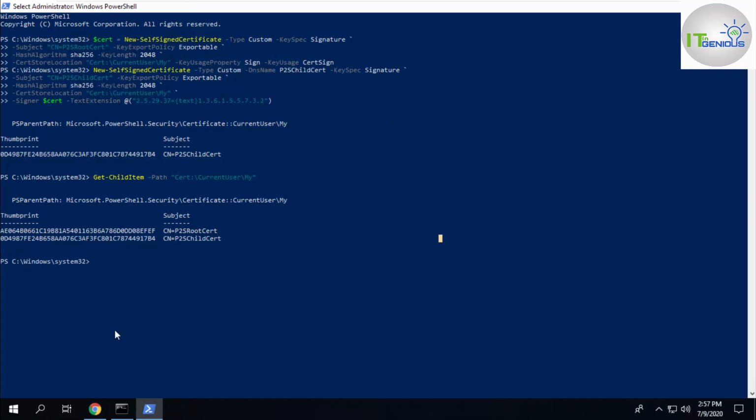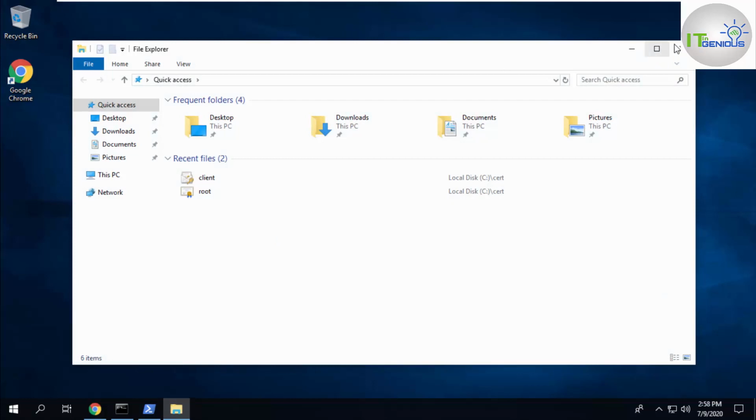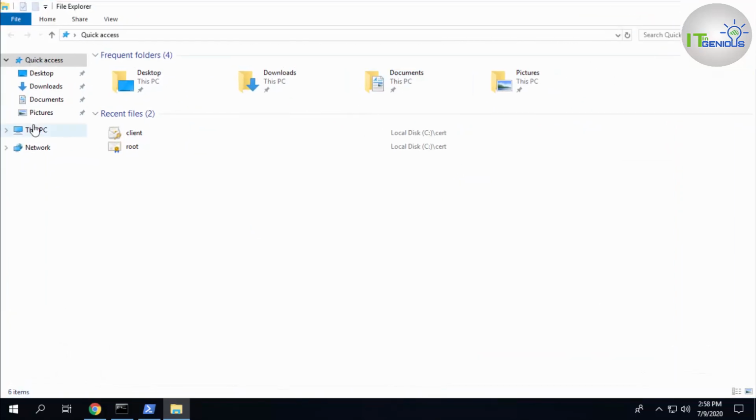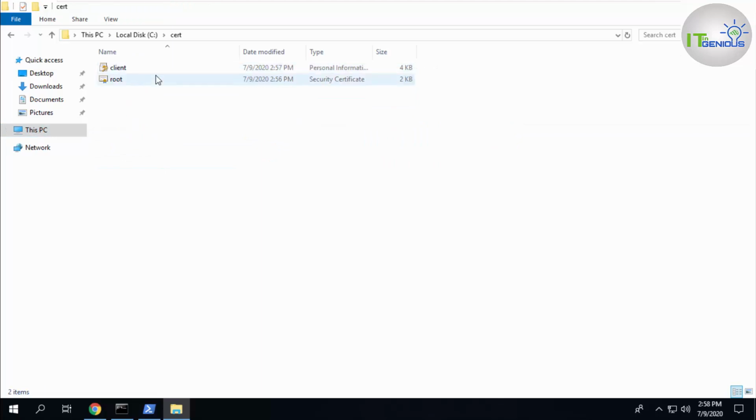Now you need to install those certificates. You need to install your client certificate, and for the root certificate you have to copy the encrypted certificate. So let me open my Explorer and go to your C drive. So that is my root certificate.